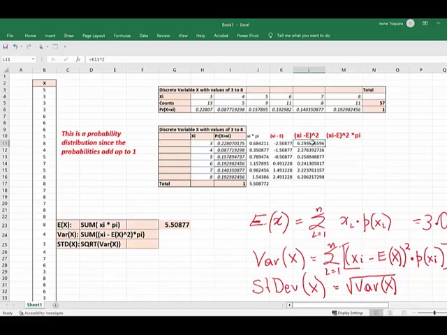I want to multiply this number with a pi, with a probability of 3, that is y3, because this is my value of xi, the number 3. So I want to multiply the square of the difference times the corresponding probability. So I want to multiply the I11 with the L11. So I do equal